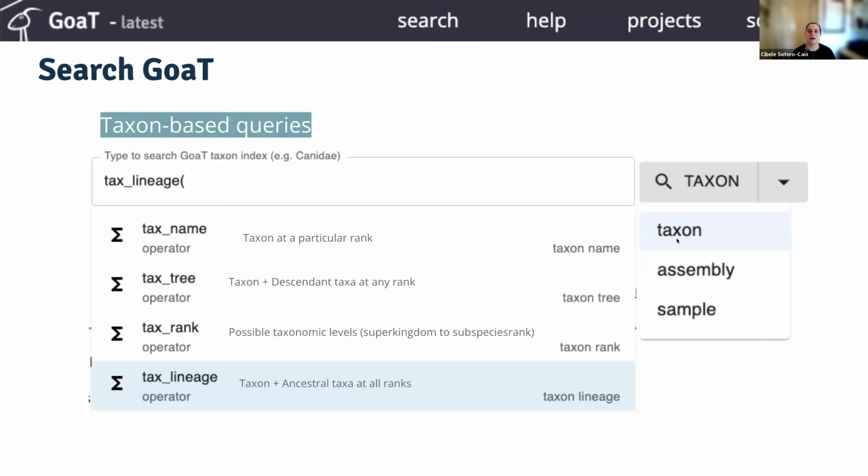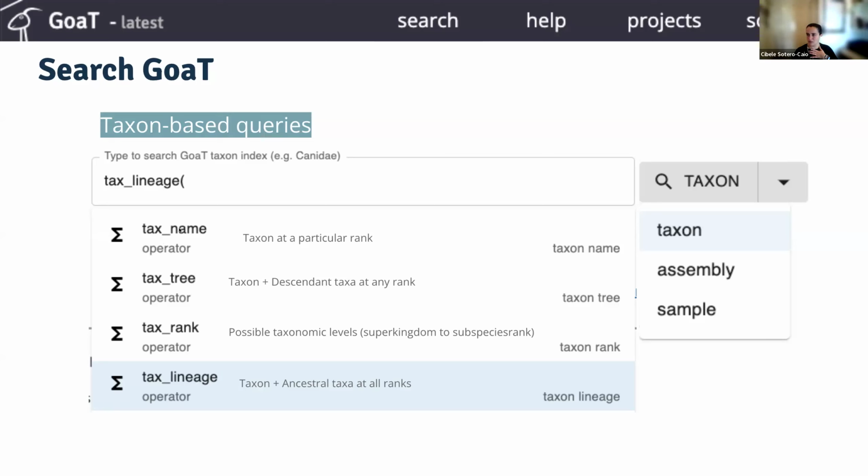One thing to keep in mind is that in the taxon index there are different ways that you can retrieve the data. Usually we just retrieve the species name and that's it, but for anything that starts with tax in these operators, when you start querying on GoaT, the first thing it does is assign whatever you type directly to tax name.